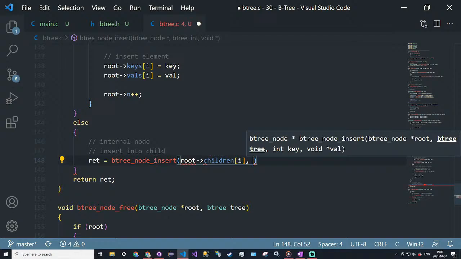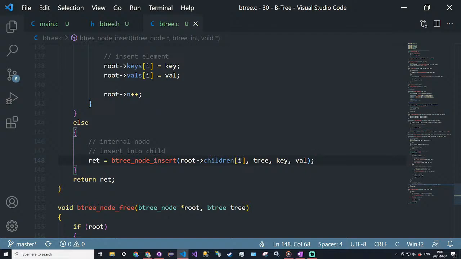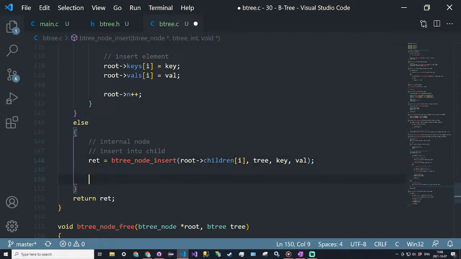We pass in the root, the child, or root.children at I, because that's the index, or the interval that we found that we want to insert it into. The tree will just be the tree, and then the key and value will be the same. So we're going to be recursively calling in the child, and then if ret has some value, so if ret,